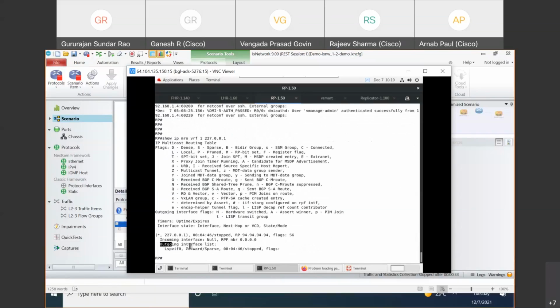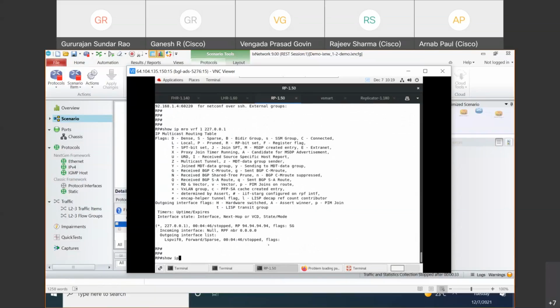OF will be usually the one where we are getting a join. So LSP with interface, SD-WAN cloud interface where we are getting a *G join here, and then RP will be 94. Incoming interface null, RP of neighbor 0.0.0.0 means it is a local RP. Okay. So we can also check the